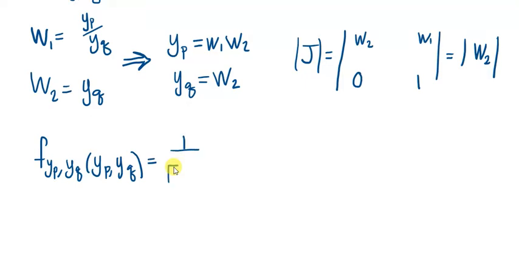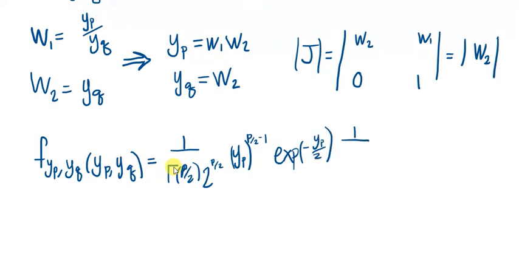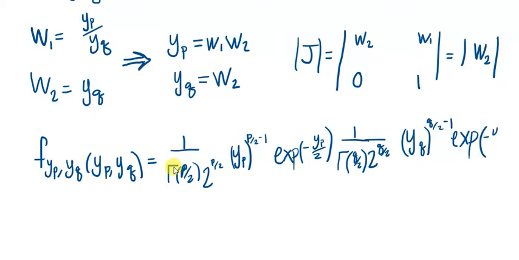So we have 1 over gamma p over 2, 2 to the power of p over 2 times Y sub p to the power of p over 2 minus 1, e to the power of negative Y sub p over 2, times 1 over gamma q over 2, 2 to the power of q divided by 2, Y sub q to the power of q over 2 minus 1, e to the power of negative Y sub q over 2, which becomes